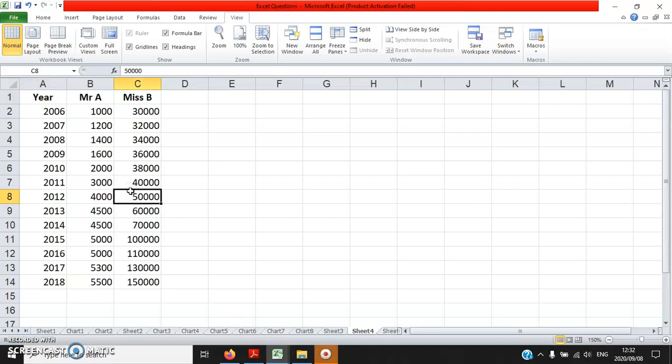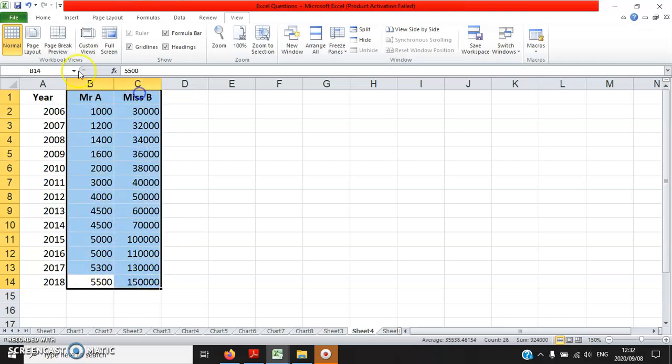Okay, so let's do the line chart for this question. I think the problem is that Mr. A's earnings is much lower compared with Miss B's earnings. So we might need two y-axis, or alternatively, we can say we need a secondary y-axis. So first of all, let's plot this chart,